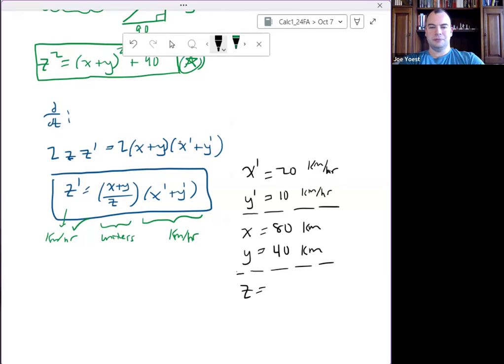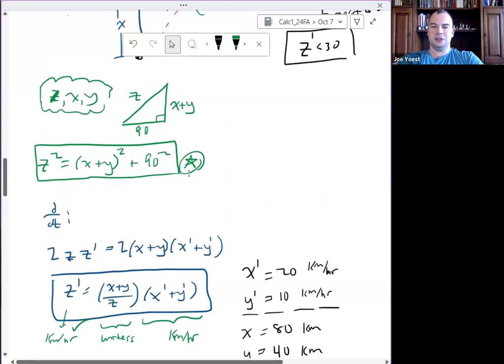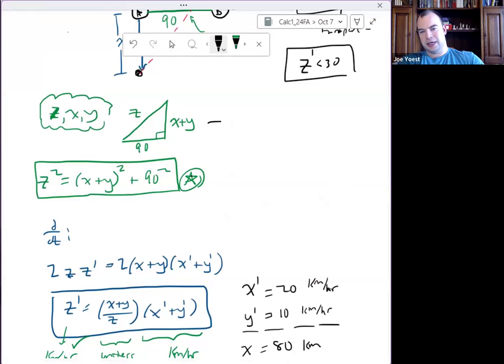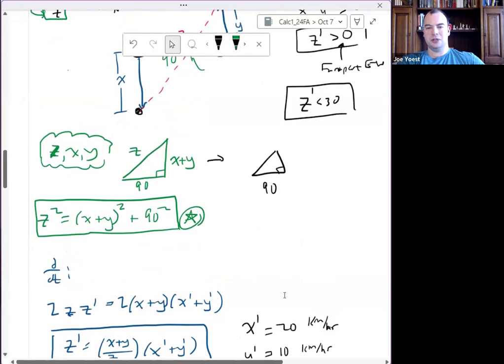We also need Z. Well, I could get Z from here. Z squared is X plus Y squared plus 90 squared. Or I see I have a right triangle that is 90 for one side. 80 plus 40 is 120